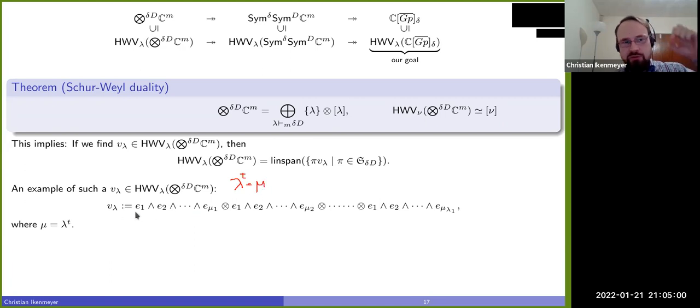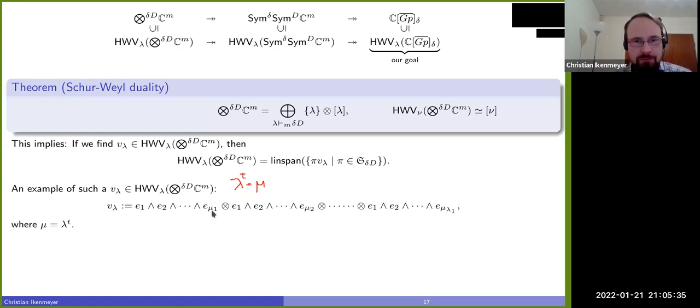So I want to take the wedge product along the first column, tensor this with the wedge product along the second column, and so on, and tensor up the wedge products along the columns. A little computation just shows you, you literally check the axioms, and it will tell you this is the highest weight vector. You just say it scales correctly, and if you apply the upper triangular matrices, then the wedge products will make sure that everything else will cancel.